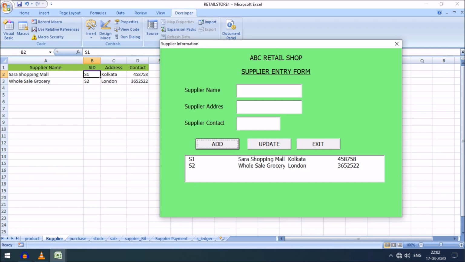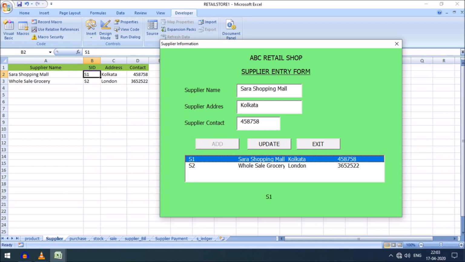Similarly friends, now I want to move to our next command button, that is update. If I want to update this, I can just click any record. Here, if I want to update the phone number to 75 instead of 57. See friends, whenever I click, you can see below the list box the supplier ID,